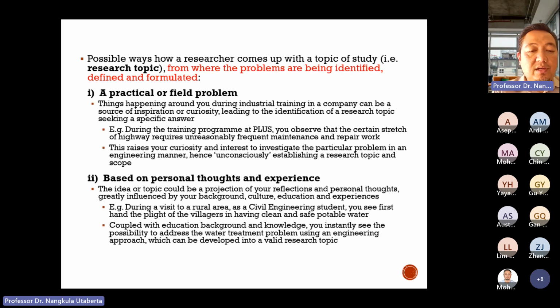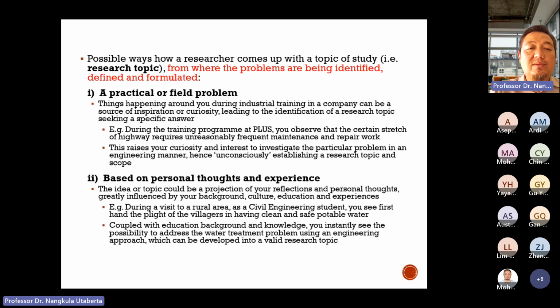Of course, when you talk about personal thought and experience, you have to back it up with some academic reference. I think that's very important. It cannot be too subjective. It cannot be only based on what you think. You have to dig up, get other expert opinion or maybe some academic sources. I give you an example, like civil engineering students, where villagers have a problem with clean and safe potable water, something like that. So it's an interesting